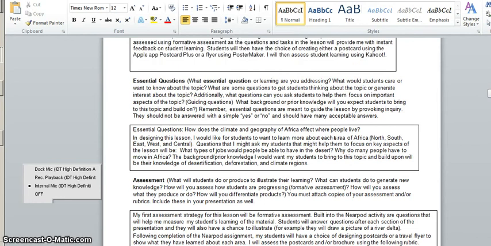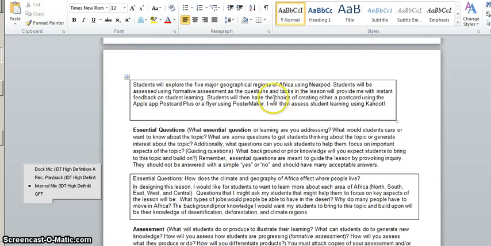Let's see if I can find it in my lesson plan here. Okay, so they have a choice of either a postcard using the Apple app Postcard Plus app or a flyer using Poster Maker. I'm then going to assess the student learning using Kahoot. And if you're not familiar with Kahoot, that's a great